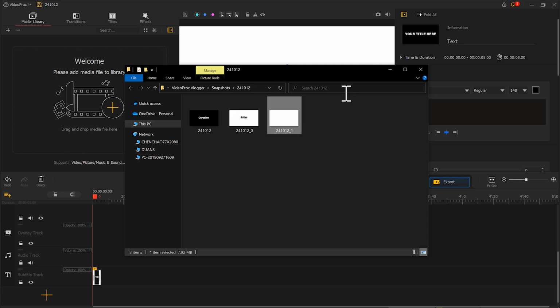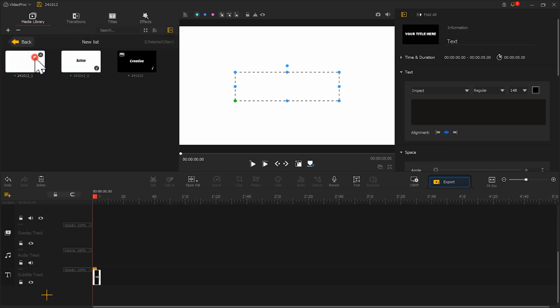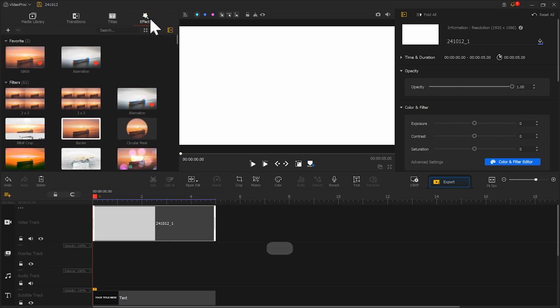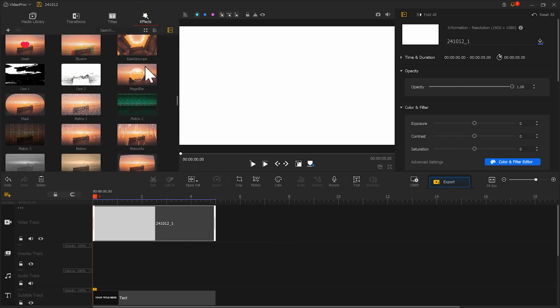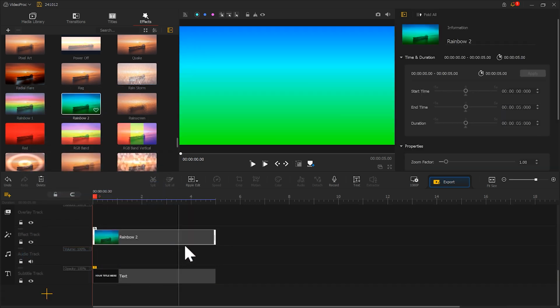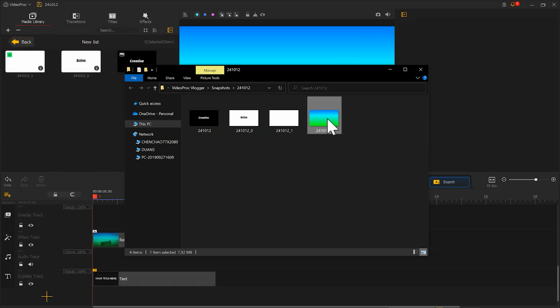Import the screenshots into VideoProc and place them on the main track. Then click on Effects. Find Rainbow 2 and place it on the effect track. After that, click here to save a gradient colored screenshot. Now that the materials are ready,